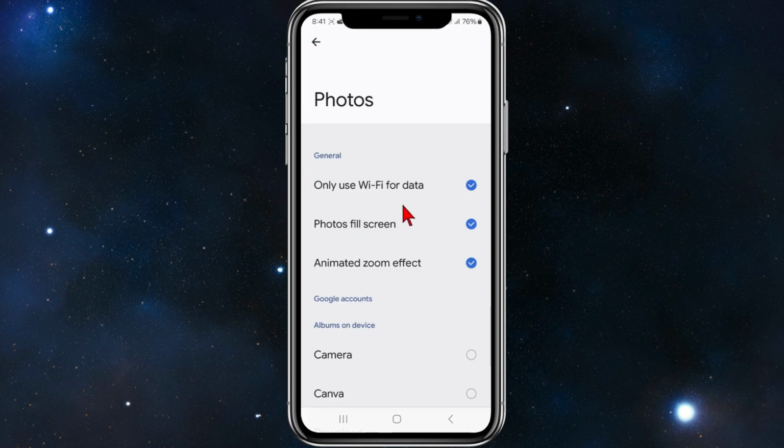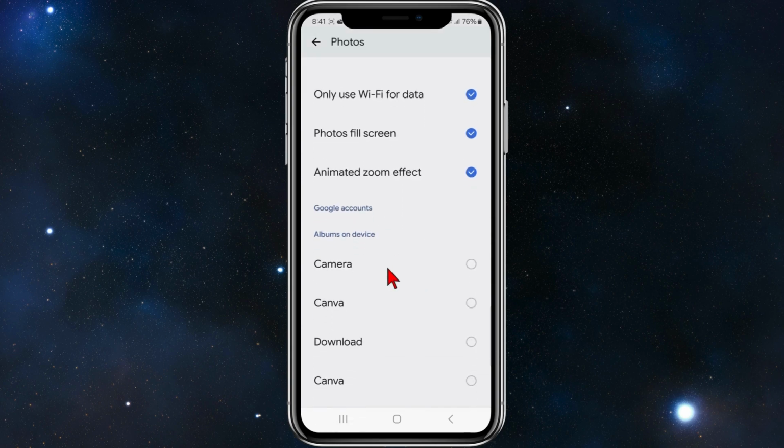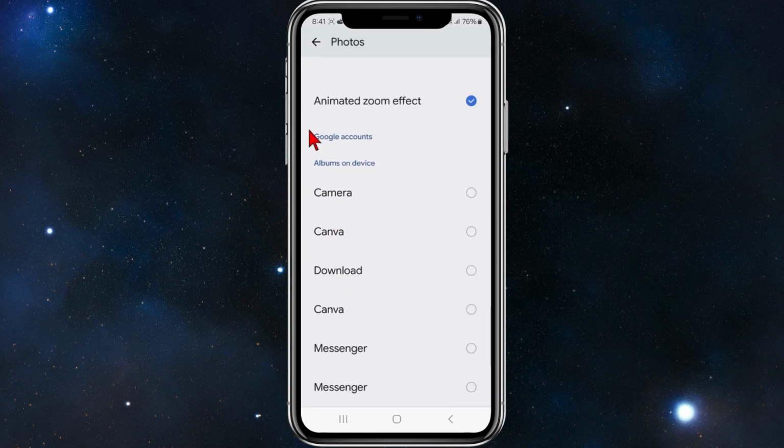So you can only use Wi-Fi for data, photos fill screen, animated zoom effect. And then if you got certain albums inside your Google Photos that you want to use for your screensaver, just simply click on which ones you want to use. So if I just want to use my downloads and Canva, so my screensaver will only show download and Canva images. Or if I only want to use download, I'll just click on download, and then once you've done that,